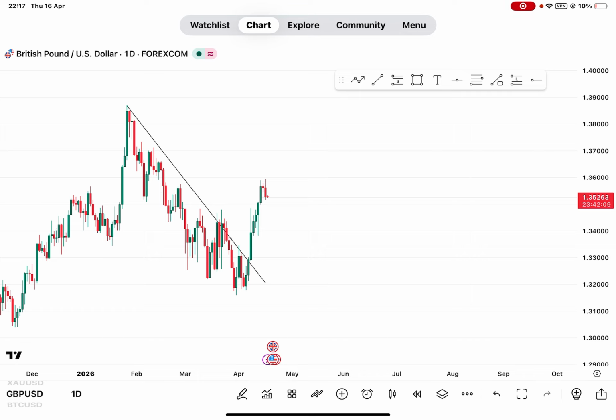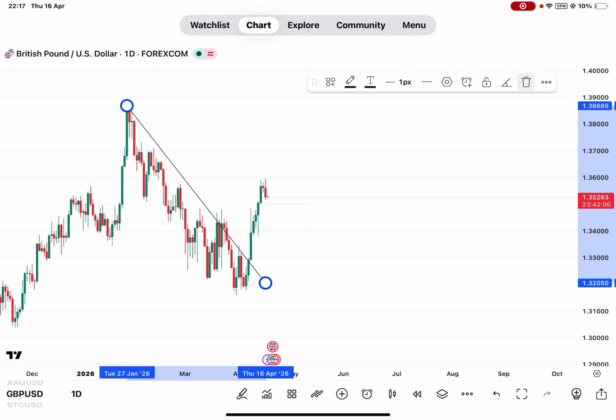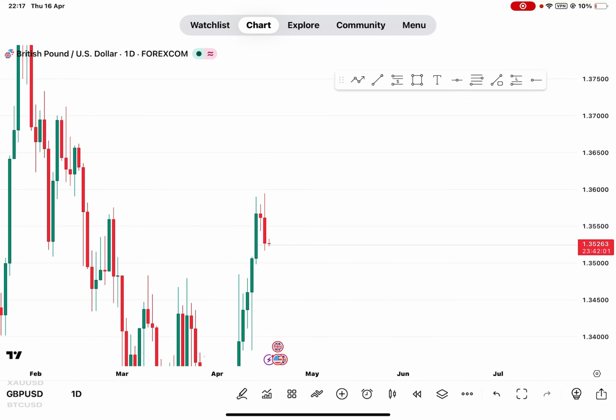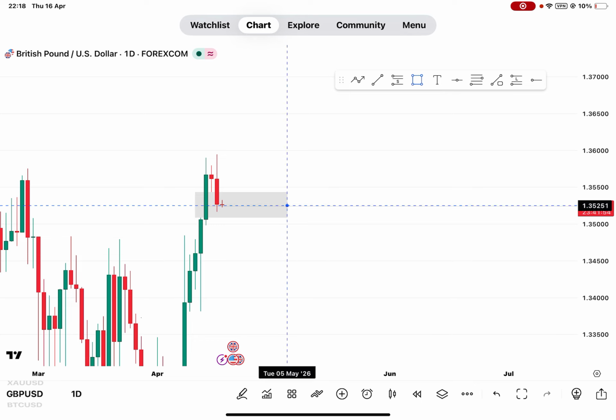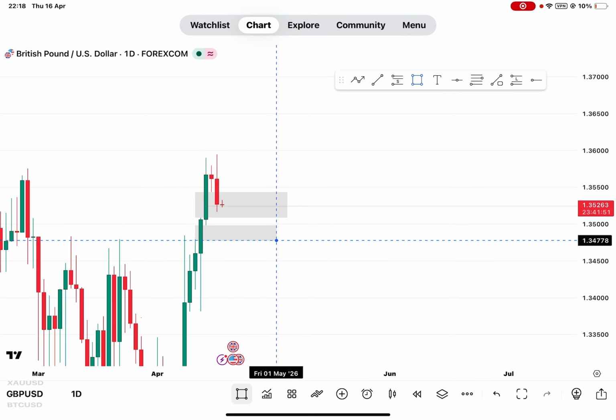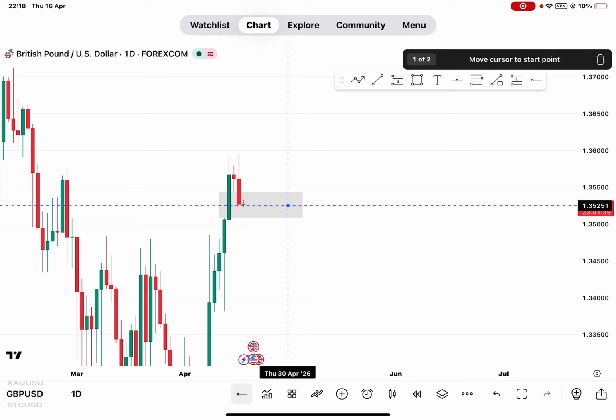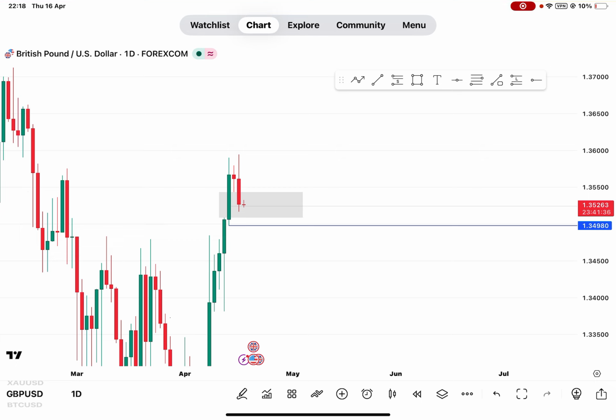So basically, we know that the market is bullish, but that doesn't mean there will not be a retracement in the market before the new buys. What we are currently seeing is that the market is filling this imbalance. This is another imbalance, but we need to understand that this is the imbalance currently closer to price, right? So the market might just fill this imbalance and start going bullish once again, and currently this is the low of the imbalance, right? That is the zone of the imbalance.